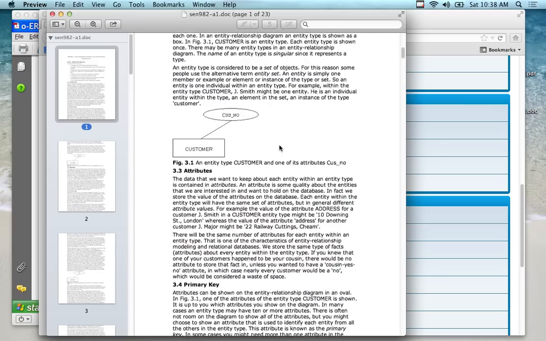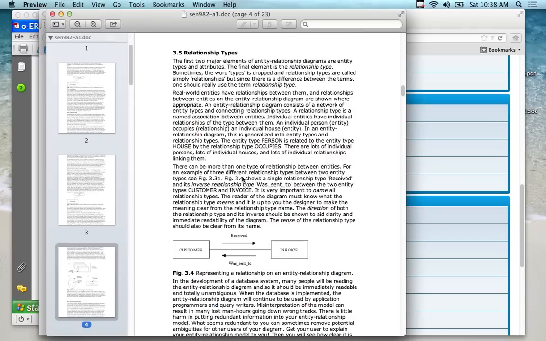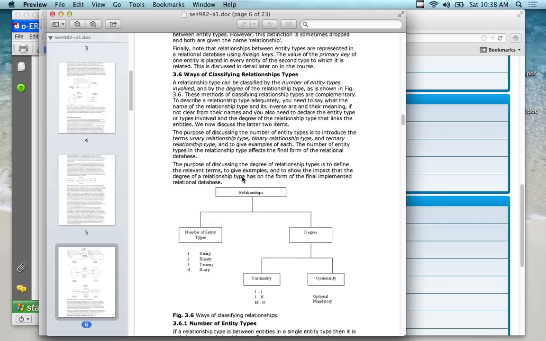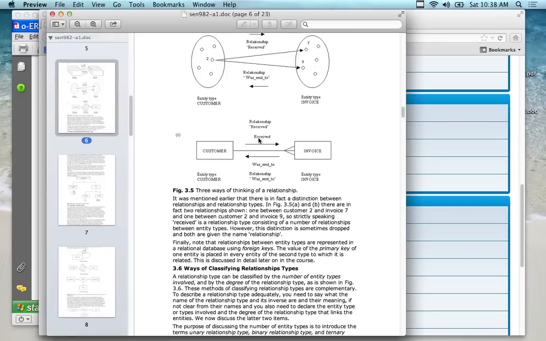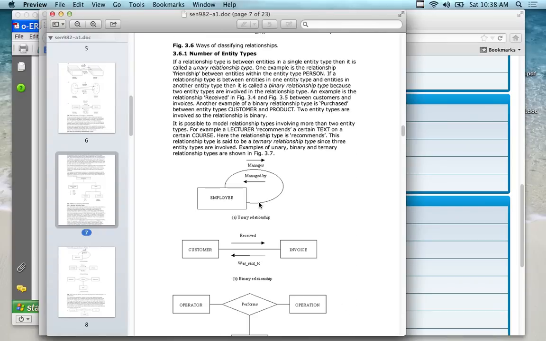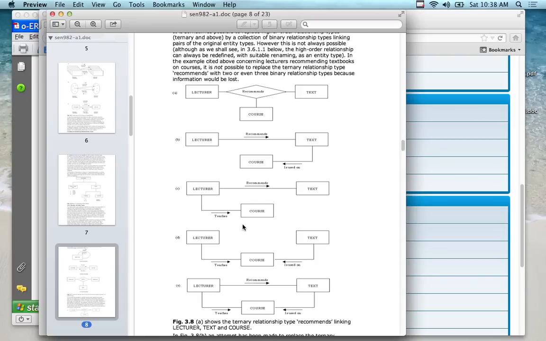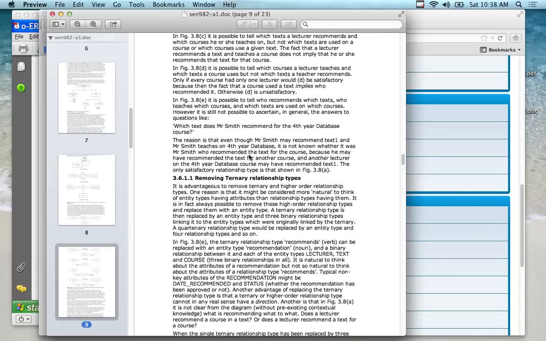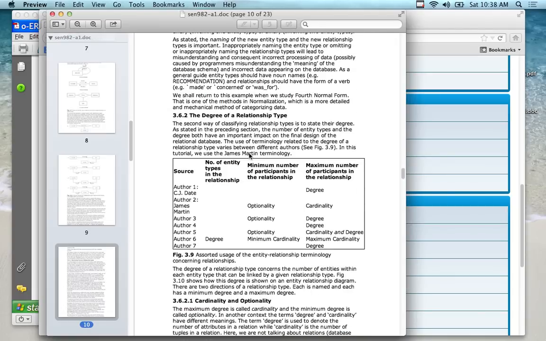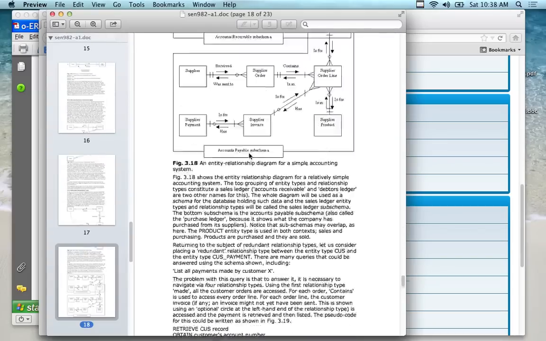You'll read through the descriptions, and it'll show you this, and it'll show you that, and it'll show you all the nitty-gritty details about how to create entity relationship diagrams. It shows you the different relationship patterns as well, recursive patterns, and participating entities, all the different variations of how to put the diagrams together. And then at the very end of the assignment, if you can make it down to the very end of the assignment, there are